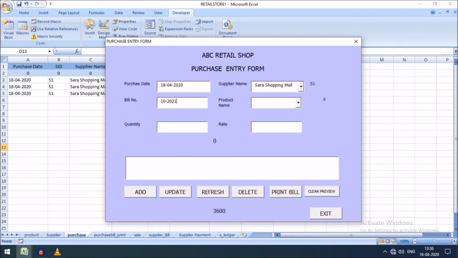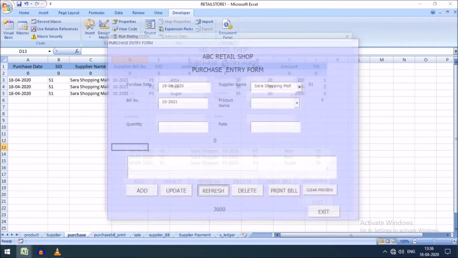And friends, if I want to view the print preview of this bill total amount, we can click the print bill option, and before viewing the print preview, we need to refresh this. Just refresh.